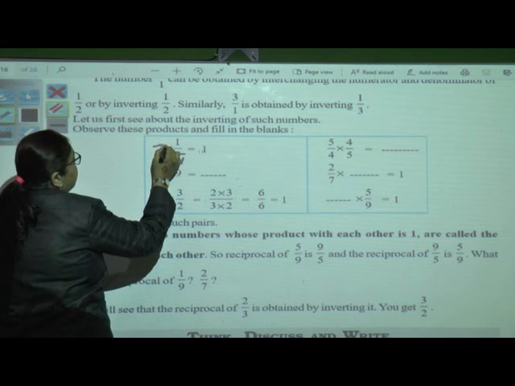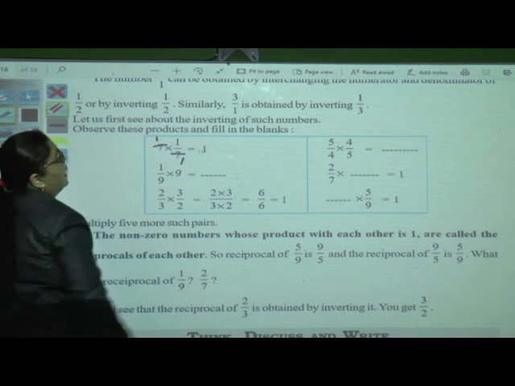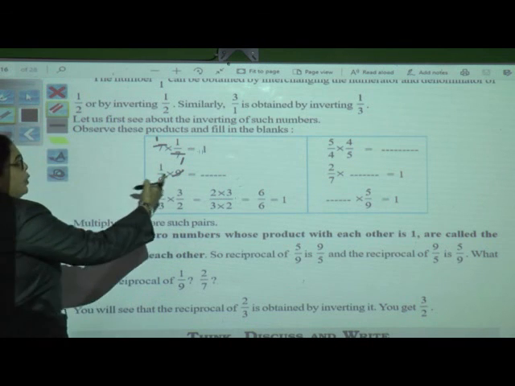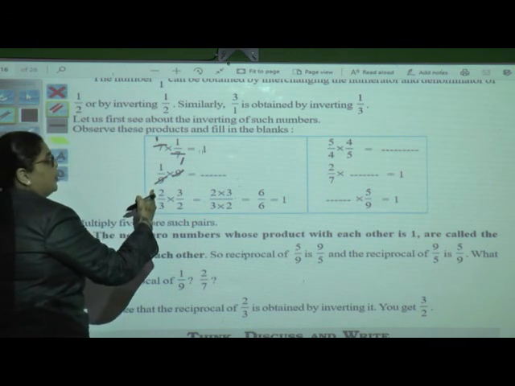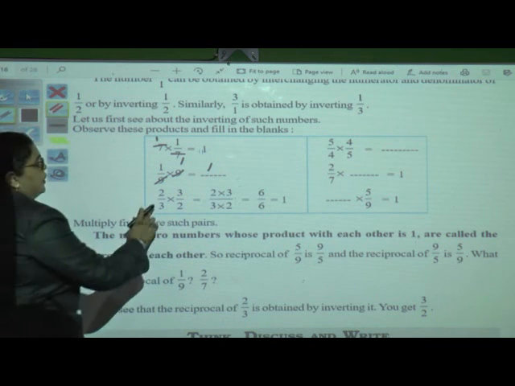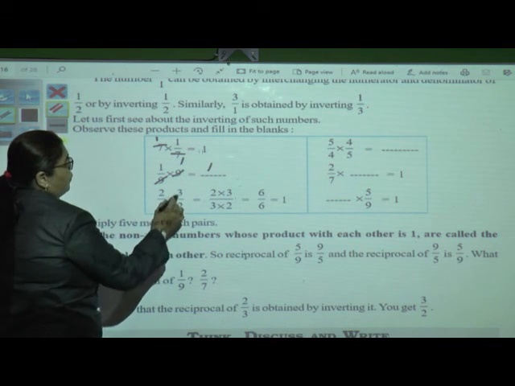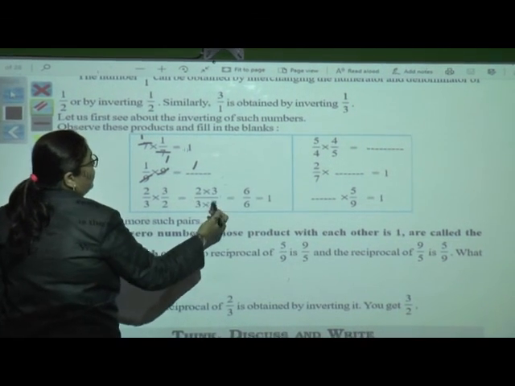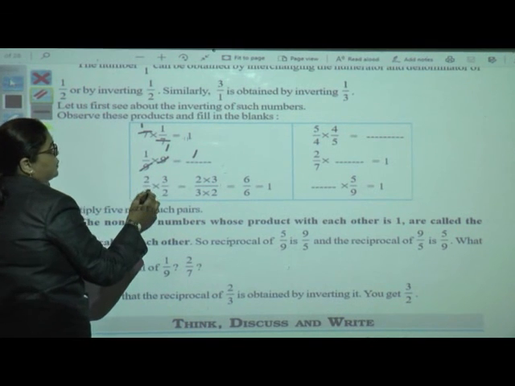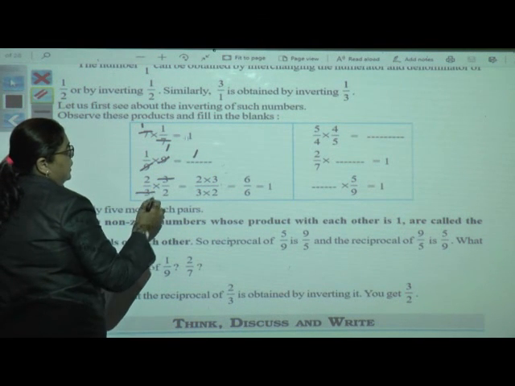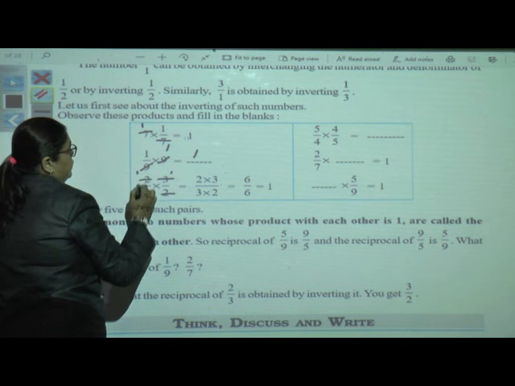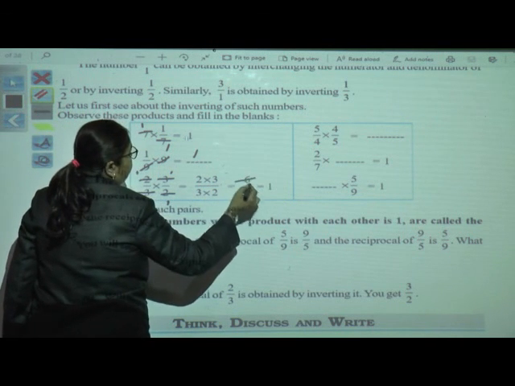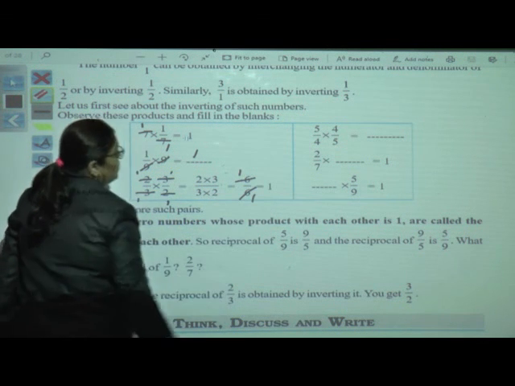So here it is 7 ones are 7 ones are. So what will be the answer? As a 1. What will be the answer over here? 9 ones are 9 ones are, both get cancelled because one is in the numerator and the other is in the denominator. So the answer will be 1. Here 2 multiplied by 3 upon 3 upon 2. Here also we can cancel. If you want to multiply, you can multiply and then reduce, or you can reduce previously. Here also 3 ones are 3 ones are, 2 ones are 2 ones are. So here 1 multiplied by 1 will be 1, that is 1 upon 1. Here we can reduce, here also 6 ones are 6 ones are, which is 1.